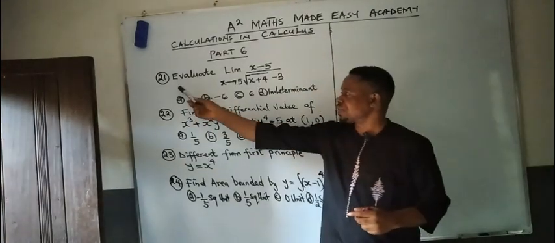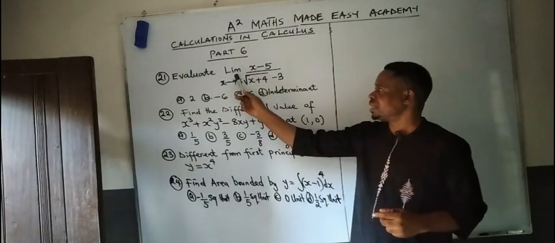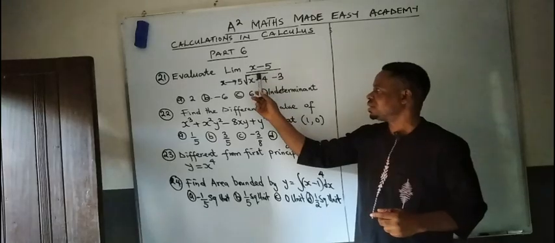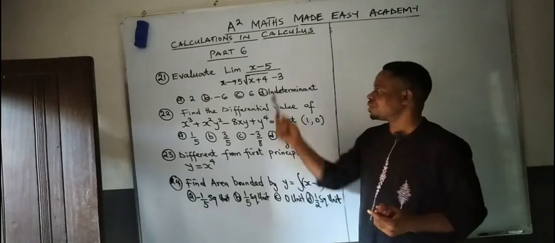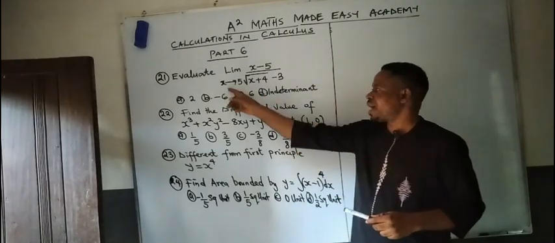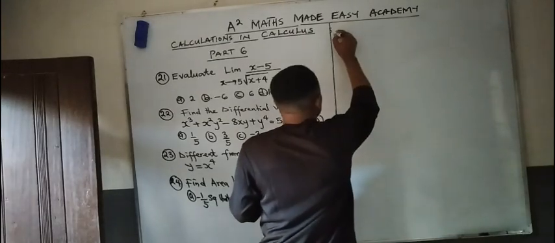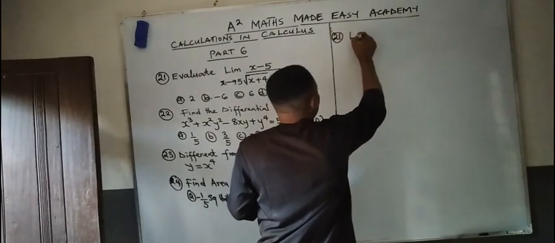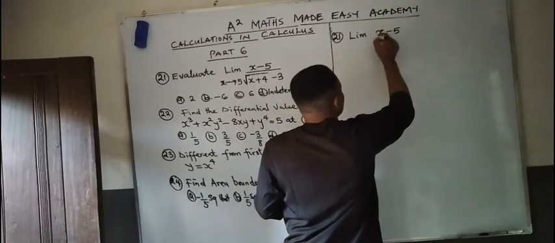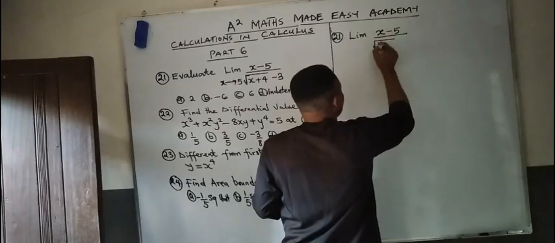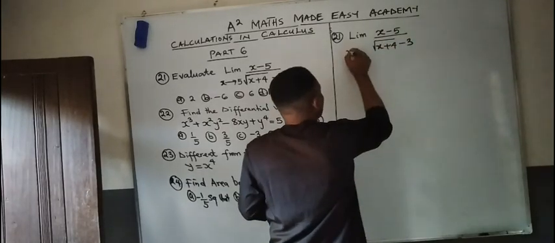Now, watch. The question says, evaluate as x approaches 5, the limit of x minus 5 all over square root of x plus 4 minus 3. So, we want to find the limit of this when x approaches 5. Now, what do we do? Can we observe this? Question number 21. We should evaluate the limit of x minus 5 all divided by square root of x plus 4 minus 3